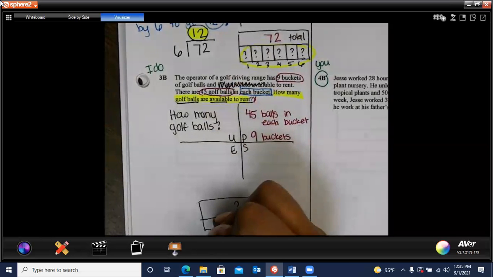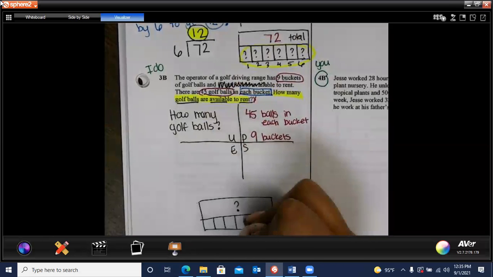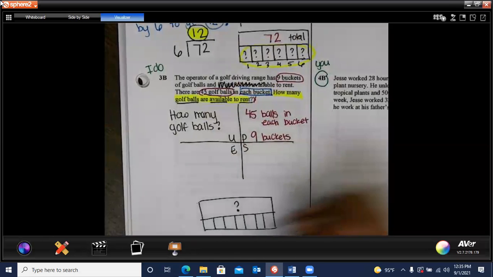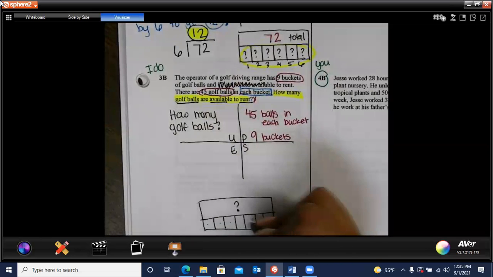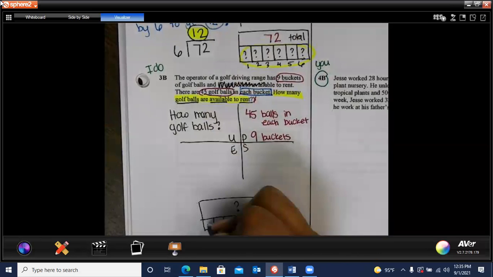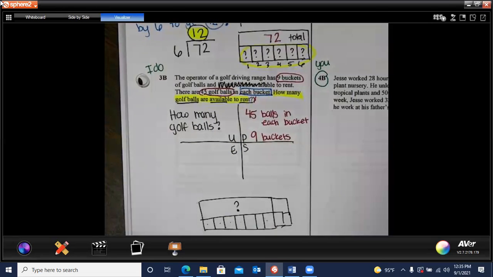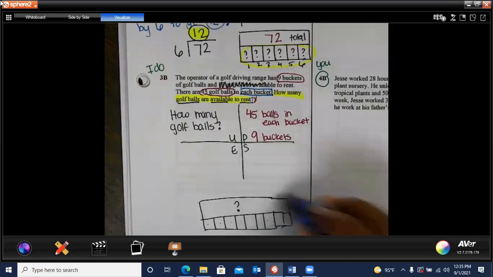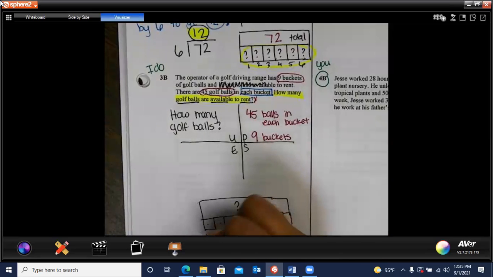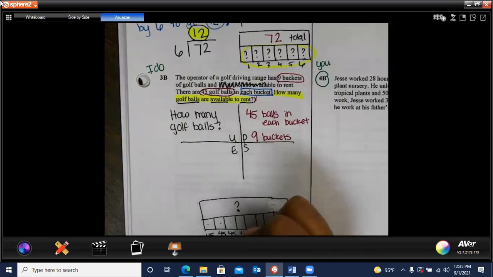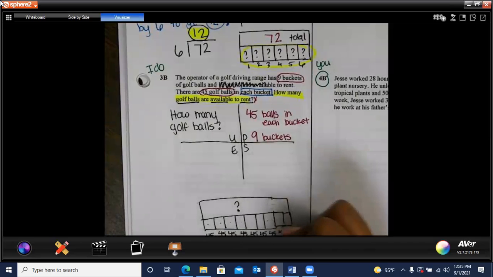So that means I have 1, 2, 3, 4, 5, 6, 7, 8, 9. I'm gonna make this bigger. There we go. So I know that in each I have 45, 45, 45, 45, 45. I can add them one at a time,